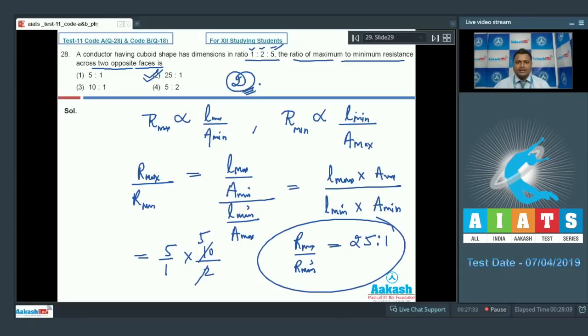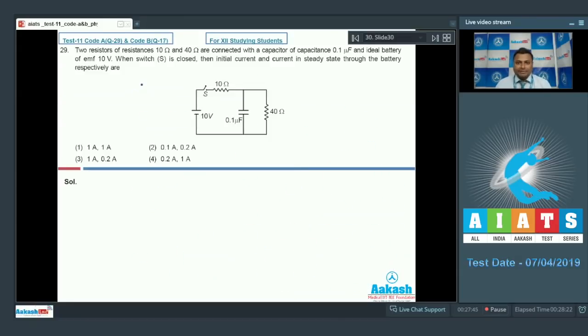Now move on to the next, that is 29 number. Question number 29 everyone. Two resistors of resistances 10 ohm and 40 ohm are connected with capacitor of capacitance 0.1 microfarad and an ideal battery of EMF 10 volt. Diagram is already given. When switch S is closed, then initial current and current in steady state through the battery respectively will be what? Now we know that at the instant when switch is closed, means at time t equal to 0, the capacitor will be short circuited